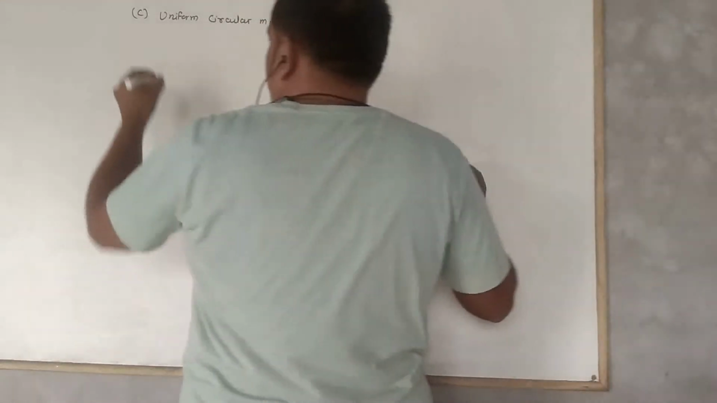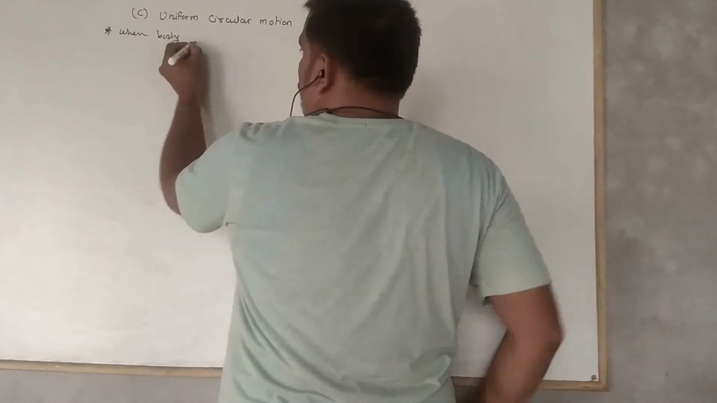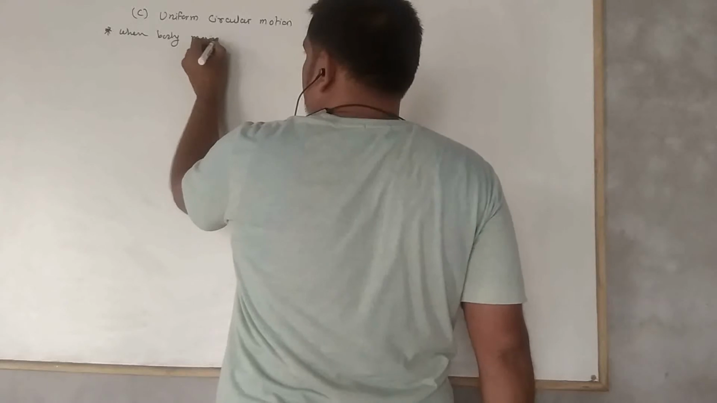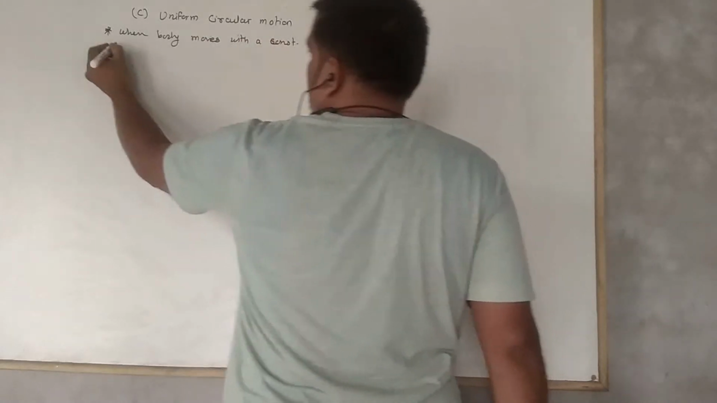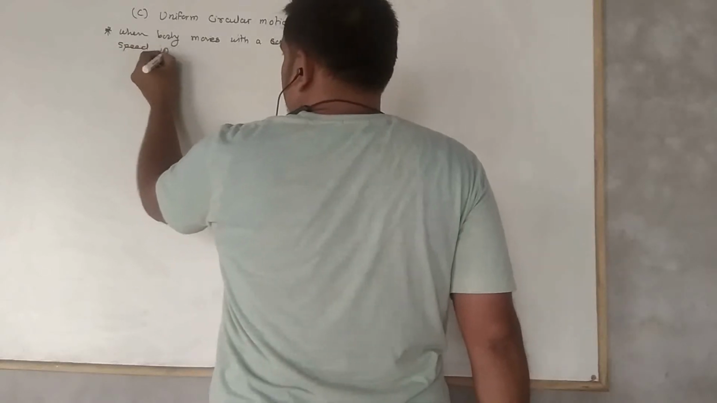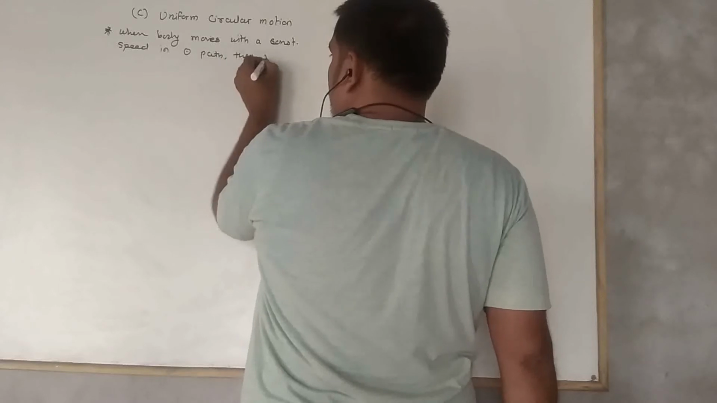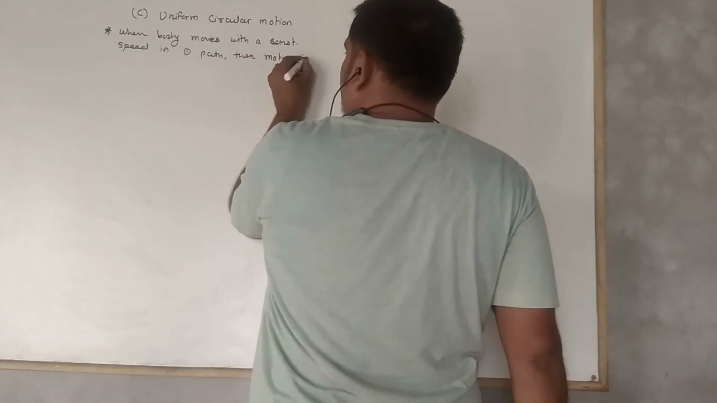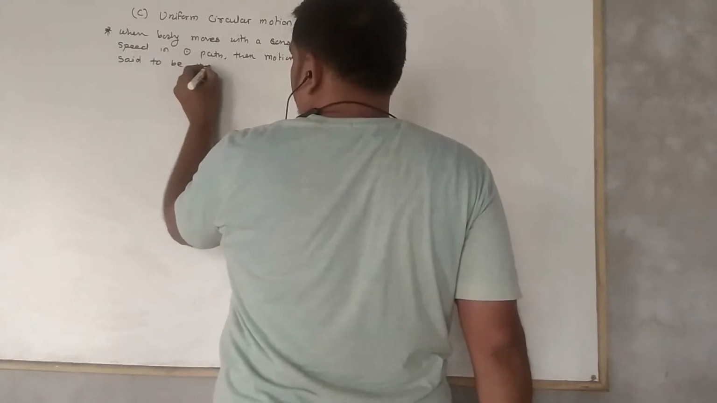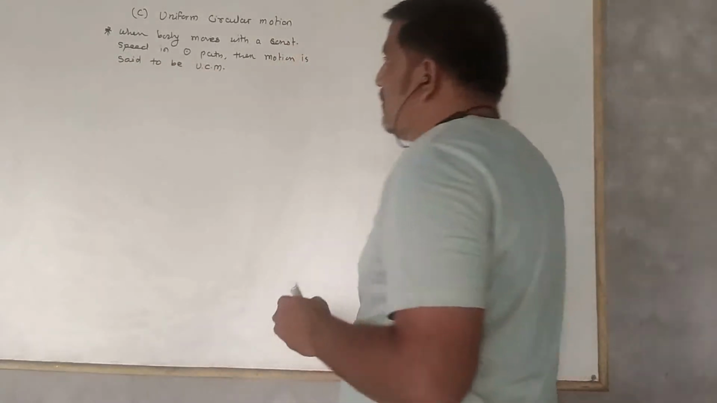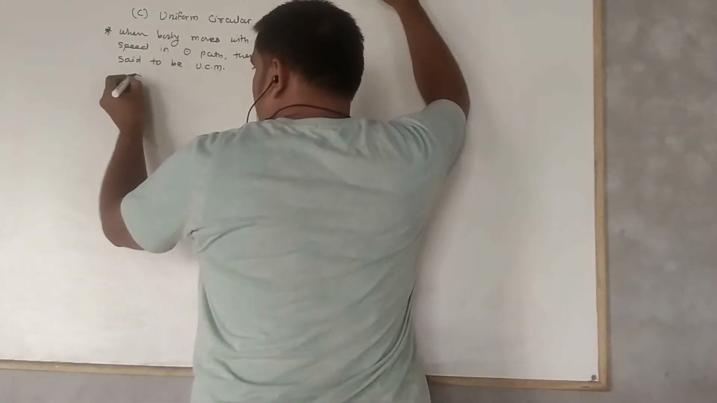Now, when a body moves with a constant speed in a circular path, then the motion of such a body is said to be uniform circular motion. Okay, when a body moves with a constant speed in a circular path, assume that a particle